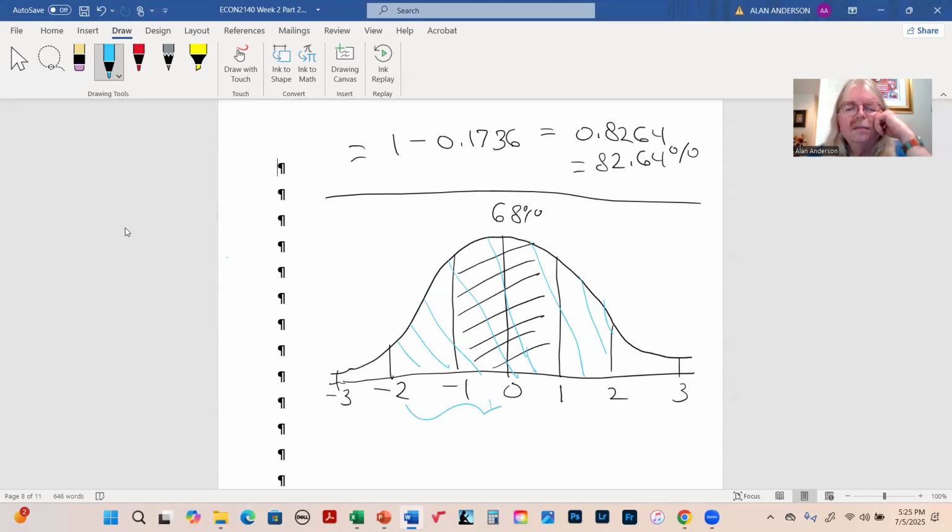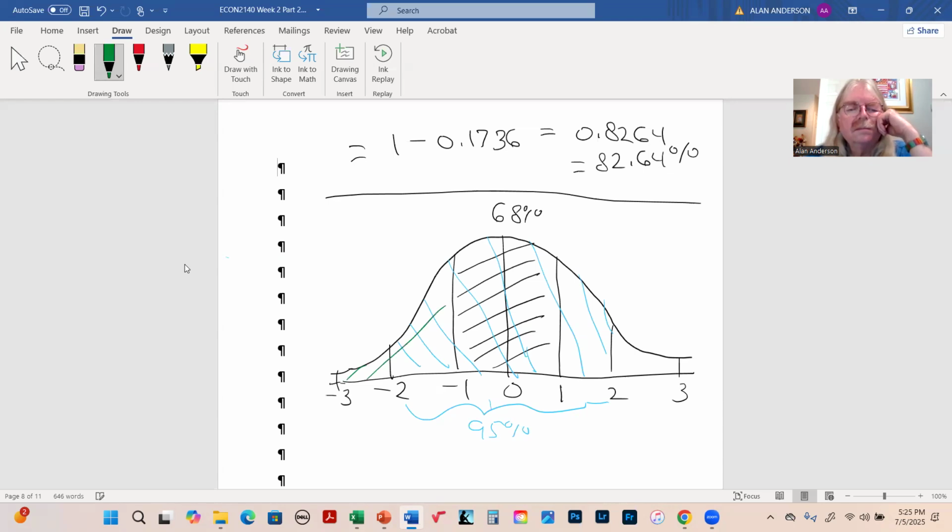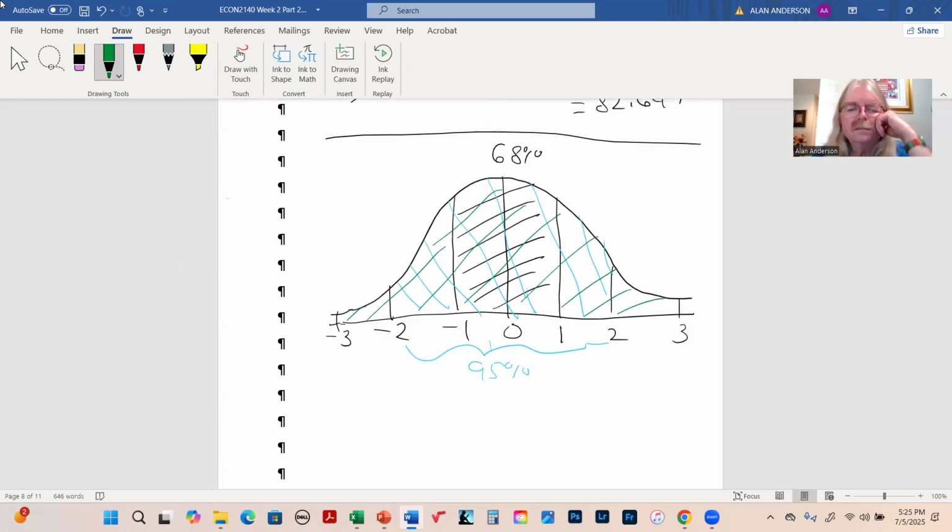And then within three, which I'll make, let's say, green. Well, it's a bit of a mess, but